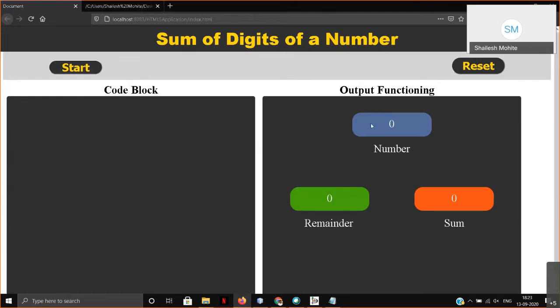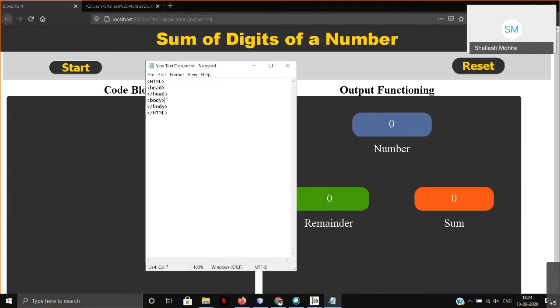So what is actually a BR tag? BR stands for break. It is used to break a line and shift to the next line. It is a non-paired tag. BR tag is a non-paired tag, so it is only a single tag, or you can say it doesn't contain a closing tag.